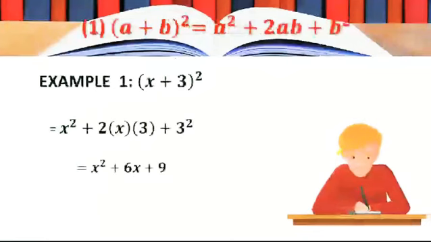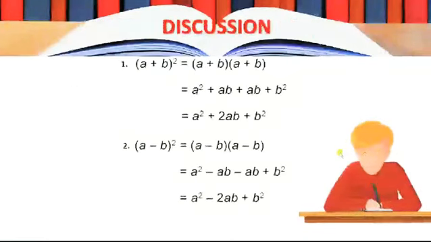Now there is a discussion of how we get these formulas, or how we can derive these identities. For (a plus b) whole square, we have to write it twice, then expand it, and the two middle terms together give 2ab. Similarly in the case of the negative sign, write the square twice, then expand and simplify, and we get a square minus 2ab plus b square. The third one is remaining, so let's discuss in the next slides what we have to do with the third one.